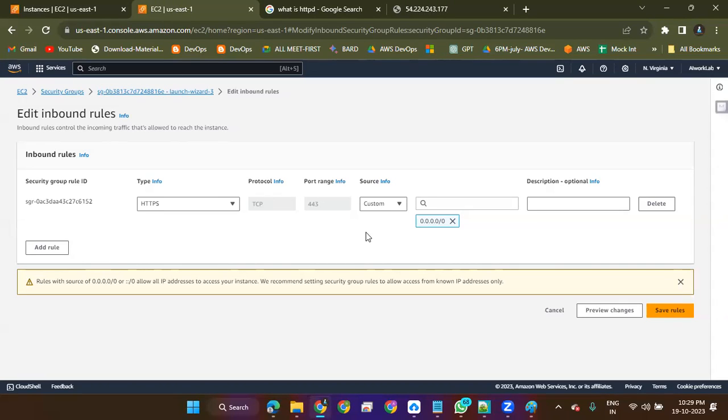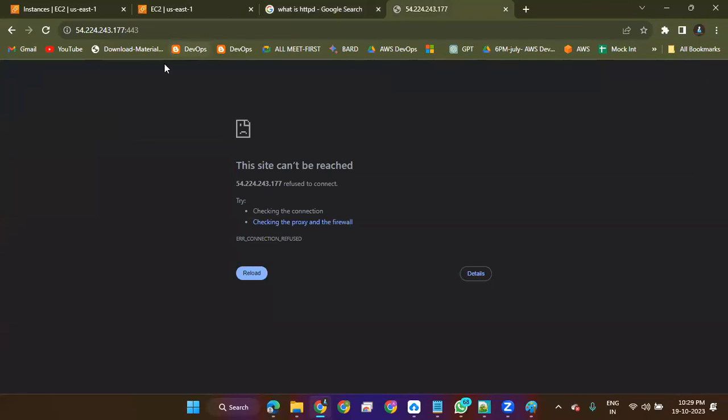See what happened? The connection always looks for the easy way. If you are applying restriction, this is called SSL termination. When I added HTTP, even though it's not going to work like this, 443.